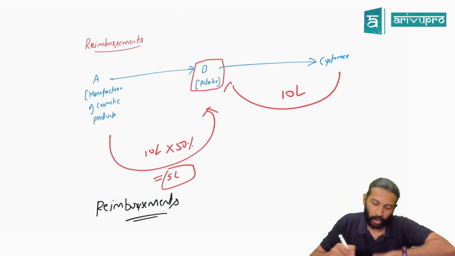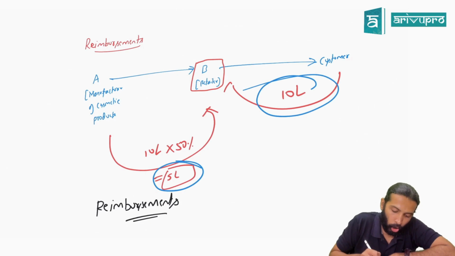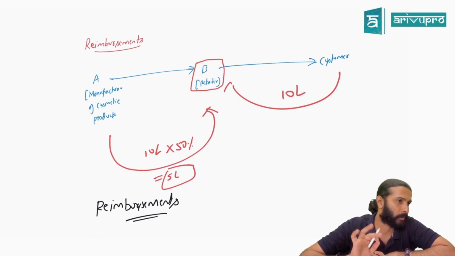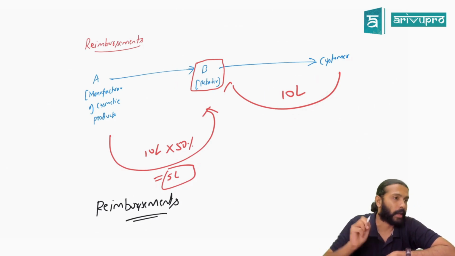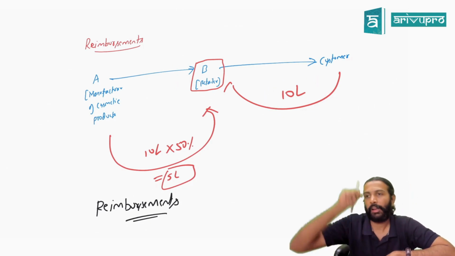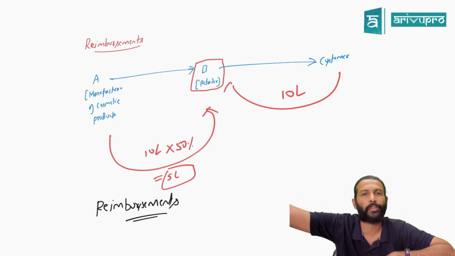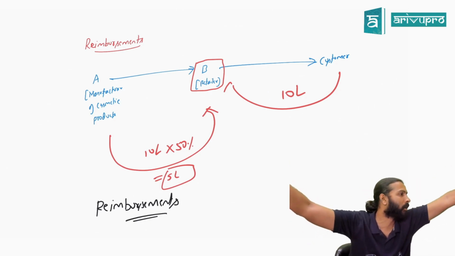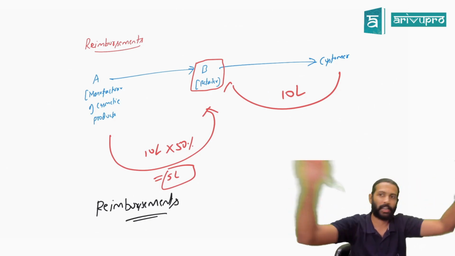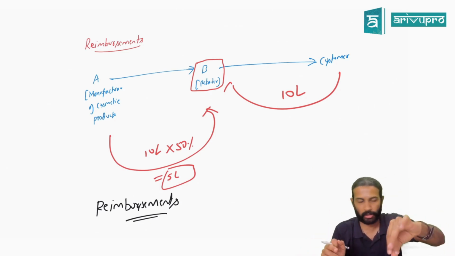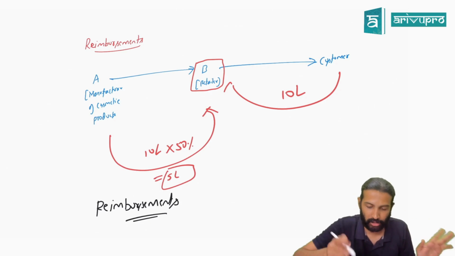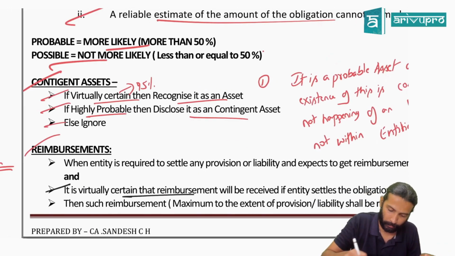Now, reimbursement should not be netted off with the provision. Here B Limited should make how much provision, or how much do they need to pay to the customer? 10 lakhs. So how much provision do they need to make? 10 lakh. Recognize provision of 10 lakh separately. Recognize reimbursement as an asset of 5 lakh separately. Don't net them off. Don't net off, and show the individual amounts. Show them separately. That's all there is to this particular provision.